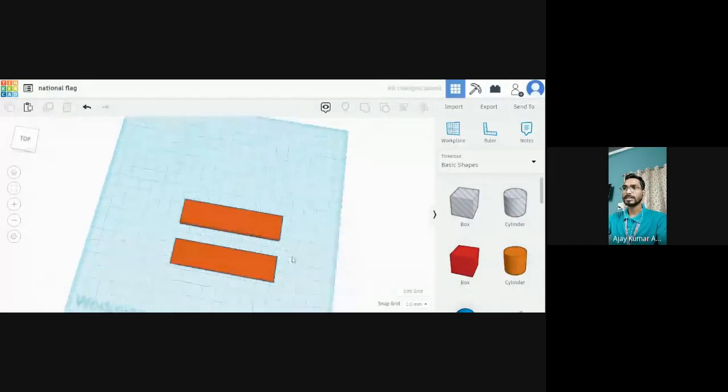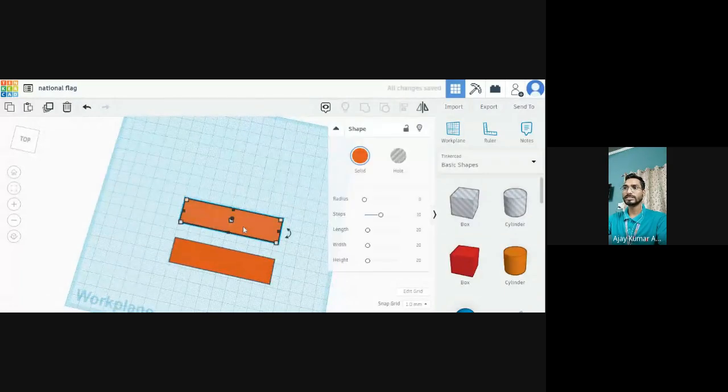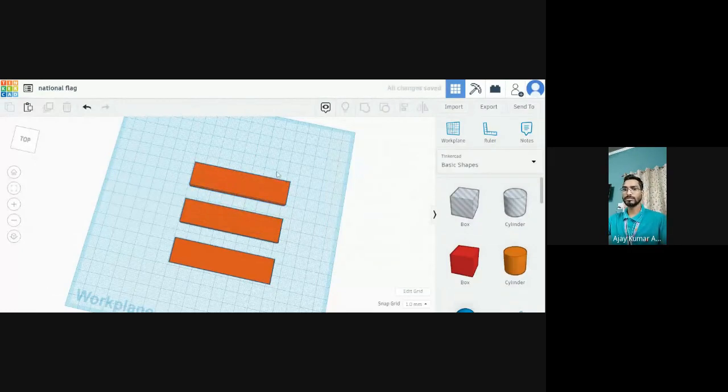So this is the second part. Again select the figure, choose Control D, and drag it upward. So we have three parts of our flag.